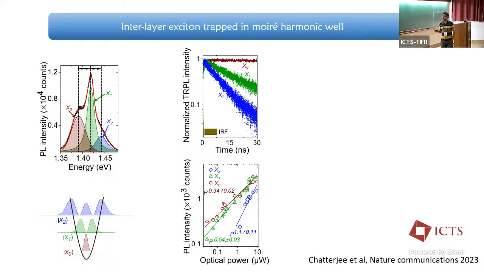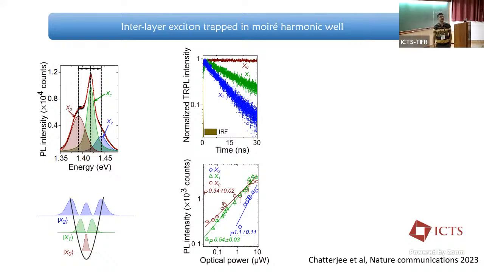the Moire well. Now, in terms of the lifetime, the X naught is almost living forever. We could measure up to a couple of hundreds of nanoseconds or so, but I believe it's living even longer than that. The next one is slightly shorter lived, and I'll give you the numbers later. The topmost one is even shorter lived, and this makes sense because